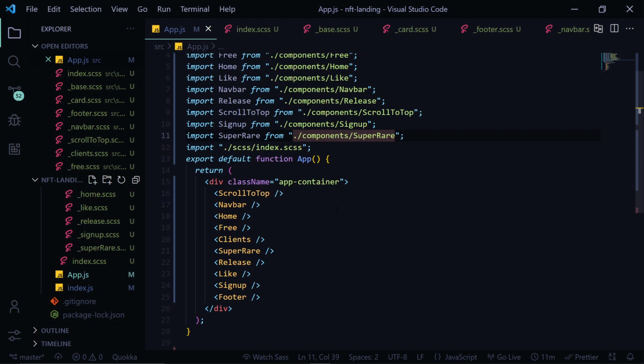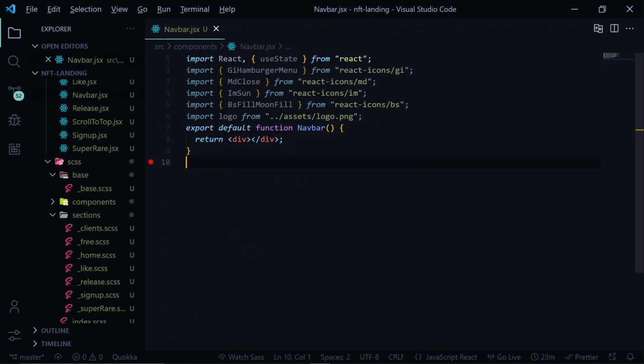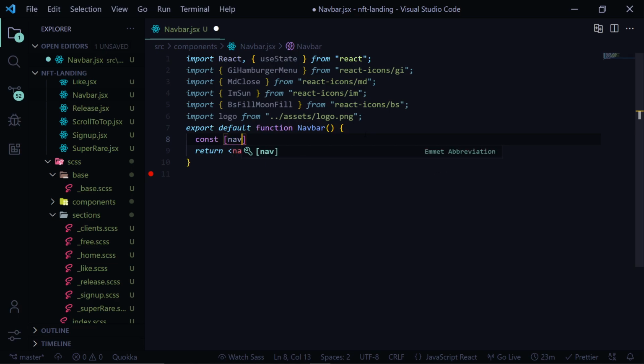Now we'll create our navbar. We'll create a responsive navbar. So I have already imported the icons and the image file that we need. We have also imported the useState hook from React. So now let's proceed further. We'll change this div to nav. Then we'll also create a state for maintaining the responsive nav state. We'll use it when we'll design the website in responsive mode. Set nav state is equal to useState